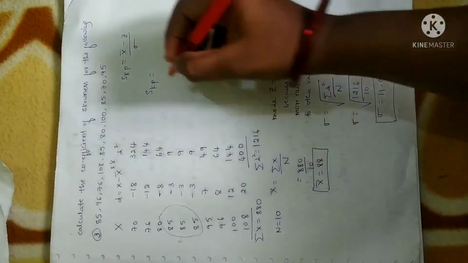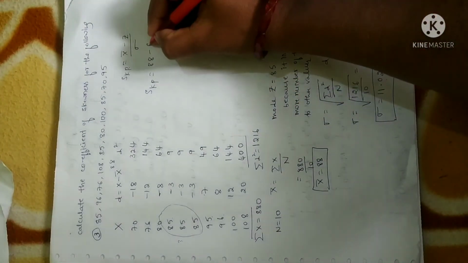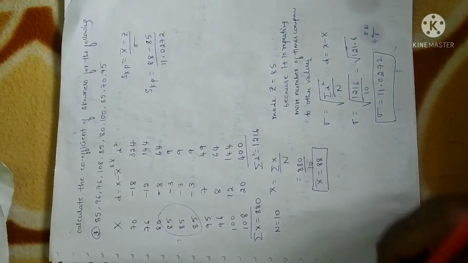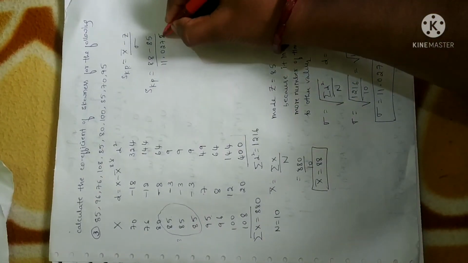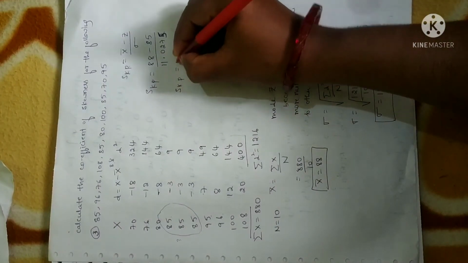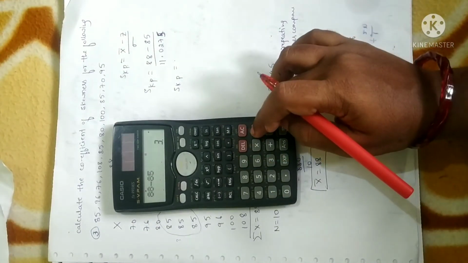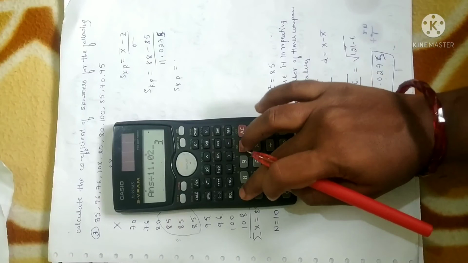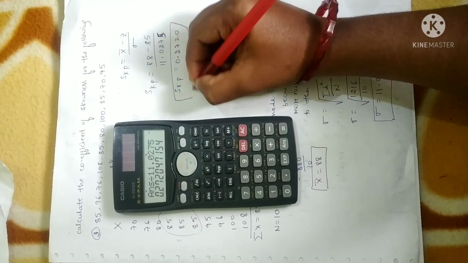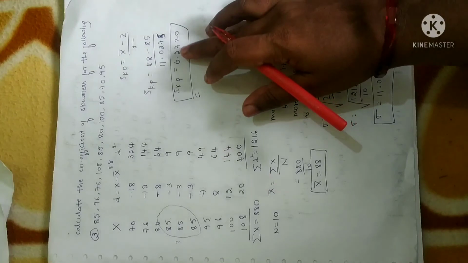So once you obtained all these values, you can calculate coefficient of skewness. It is given by x bar, 88, minus z, 85, divided by sigma, 11.0275. Use calculator, you will get this. So if you simplify, you will get coefficient of skewness as 88 minus 85 is 3 divided by 11.0275, which is 0.2720. So this is the required coefficient of skewness, or Karl-Pearson's coefficient of skewness. And here you have obtained positive skewness.